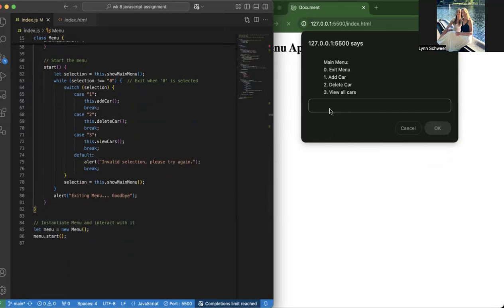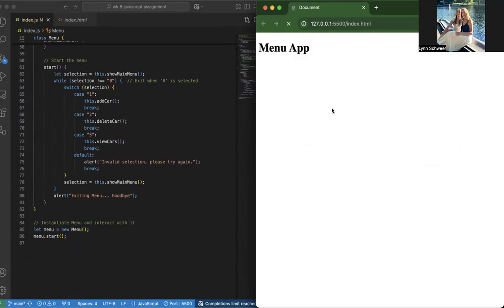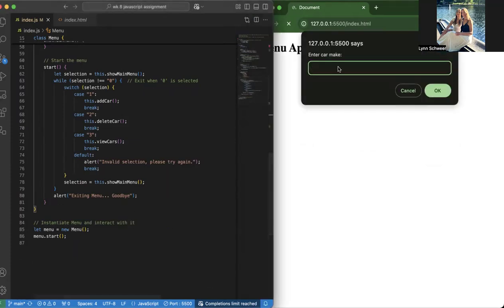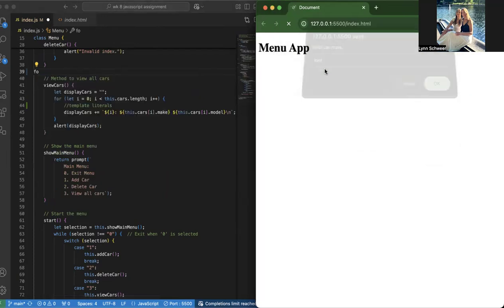And okay, I will say I might have to reshare my screen each time for you to see what I see, but let's just add car. Okay, I'm adding a car. It shows enter car make. Let me see if my screen is, I just got to reshare it each time. So car make, Ford, okay, car model,